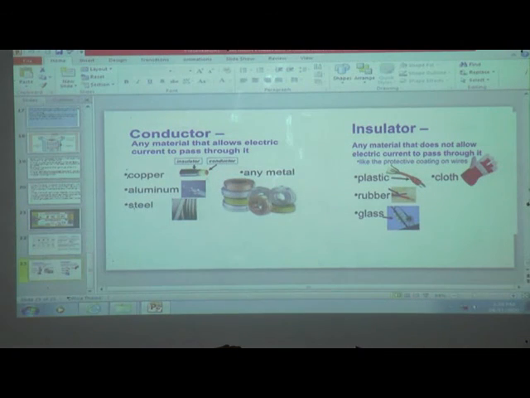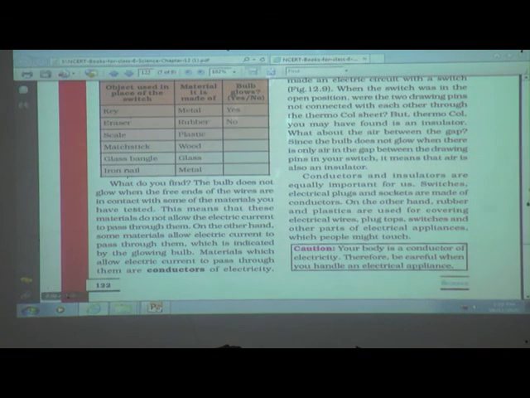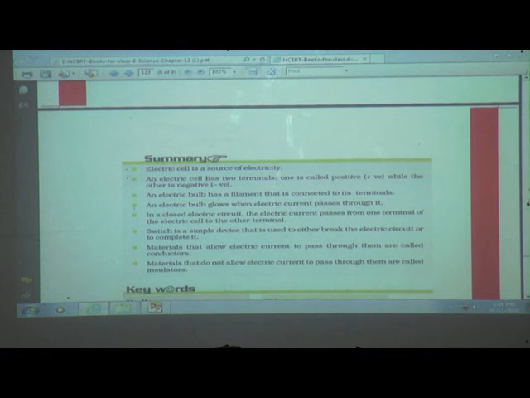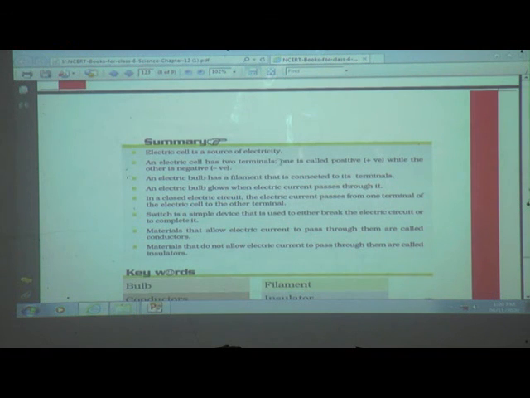So students, here in the textbook we'll see the summary of what we have studied in this lesson. An electric cell is a source of electricity. An electric cell has two terminals, one called positive and the other negative. An electric bulb has a filament that is connected to its terminals.